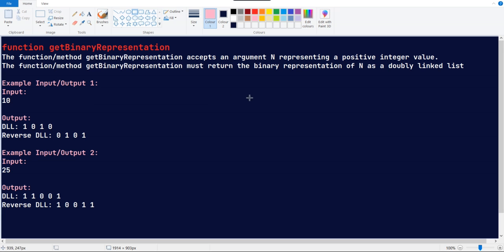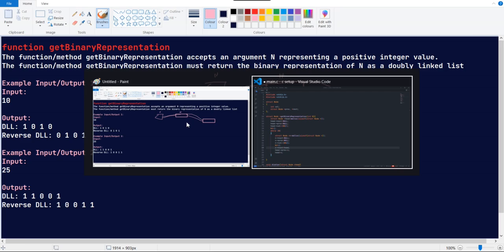The operation that I'm doing here is creating a new node. Head is already defined here. I'm just making a link between n arrow next equal to head and head arrow previous equal to n, and then I'm putting the head here. So this will be my new head. So I can add the next node: n arrow next will be here, head arrow previous will be here, and then head will be there. This is how we can iterate through all those values, or how we can link those values, right? That's what I'm doing here.